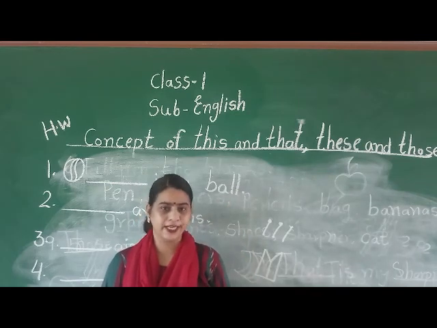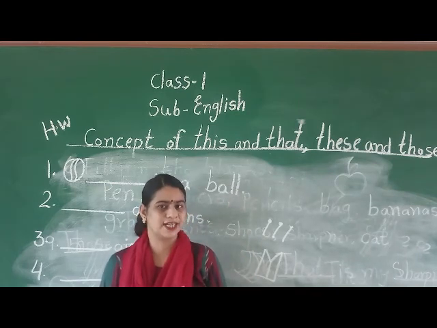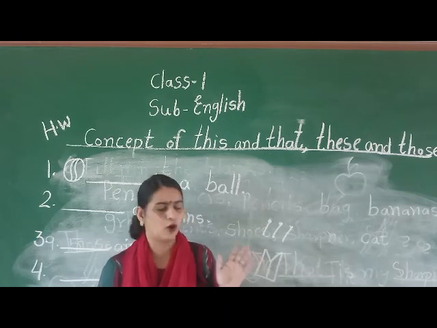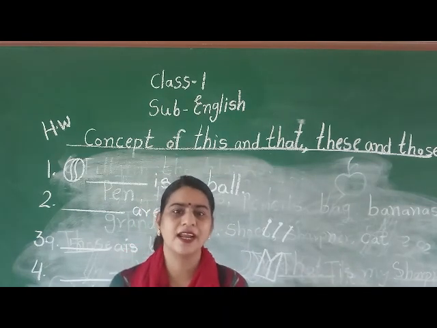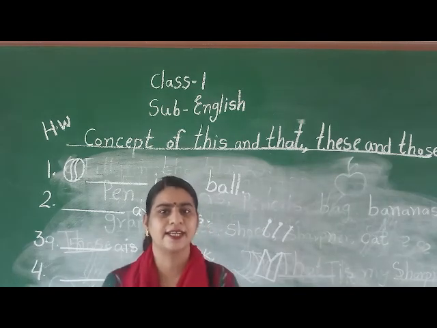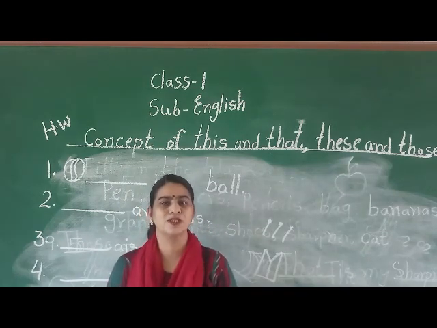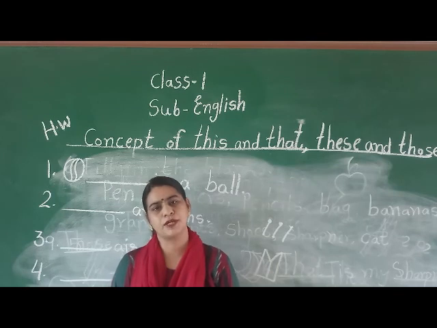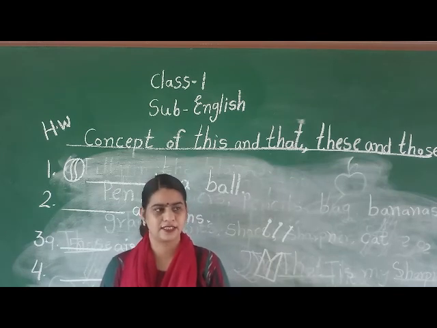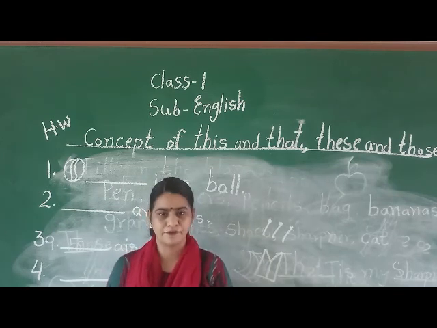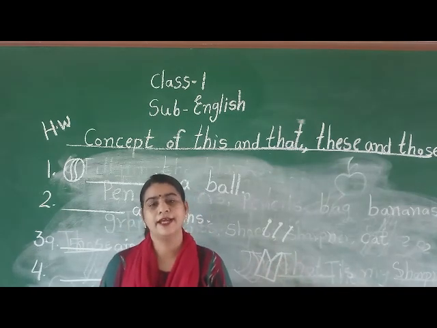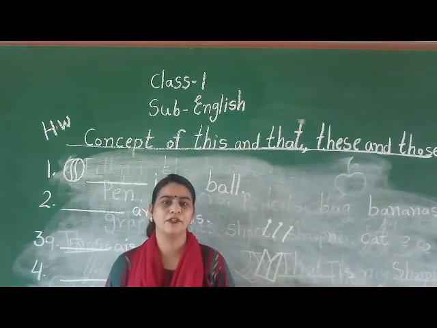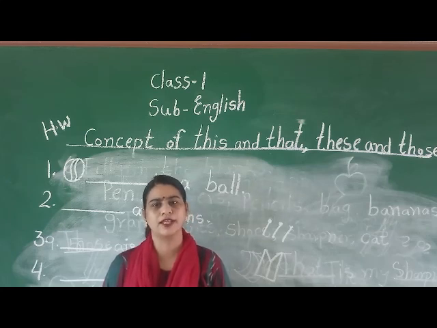So practically you can use these and that, these and those like this. But in the book or in the notebook, if the objects are nearby the sentence, for one object we will use this, and for more than one object, we will use these. In the same way, if the objects are away from the sentence in your book or on your board, and if the quantity is 1, then we will use that. If the quantity is more than 1, then we will use those.